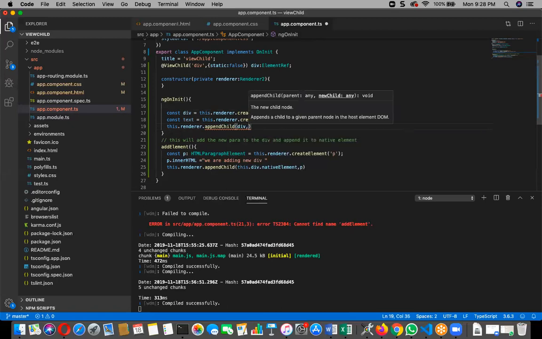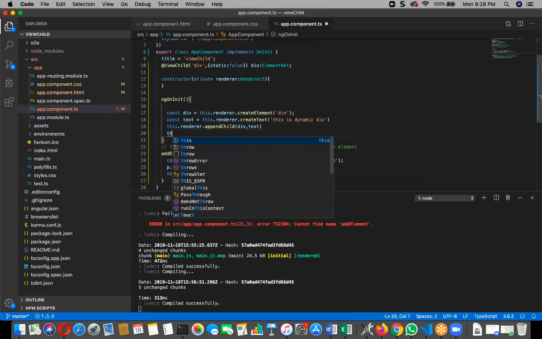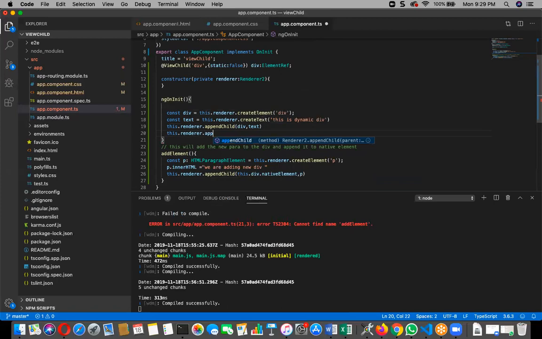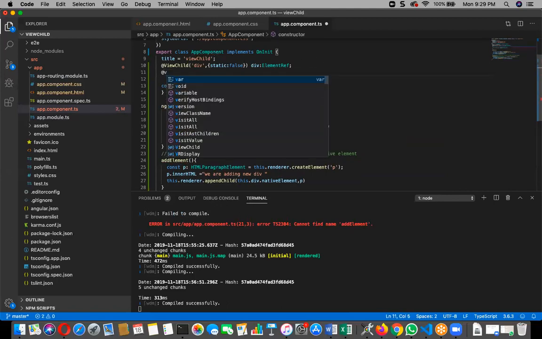Okay, comma text, and this dot renderer dot appendChild, and then here I am going to give this dot. I am going to create one @ViewChild that is ELE. Okay, that one I will create it here. One second. @ViewChild,